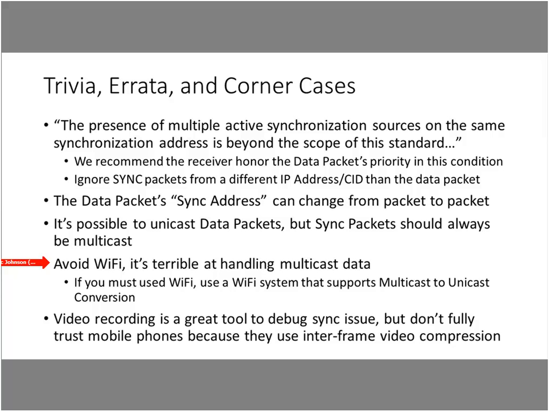But if you have to, use a Wi-Fi system that supports multicast to unicast conversion. And even if you're unicasting because you're using Wi-Fi, it's important to remember, correct me if I'm wrong here, that Wi-Fi also tends to be fairly bursty with the traffic. It doesn't transmit packets at the same rate as you're seeing them across the wire. It tends to kind of burst things. Wi-Fi is terrible at handling this kind of data. If you must use it, I mean, sometimes you have to do it. Sometimes you can't run the wire. But